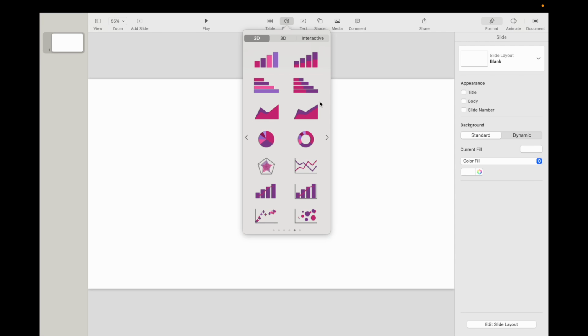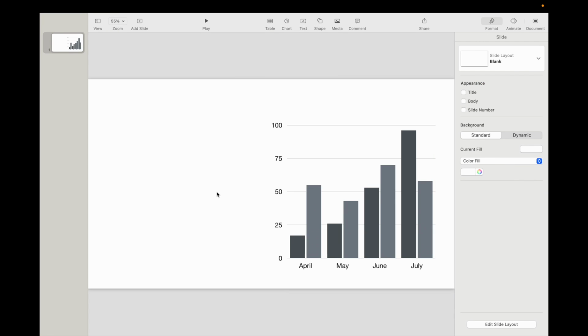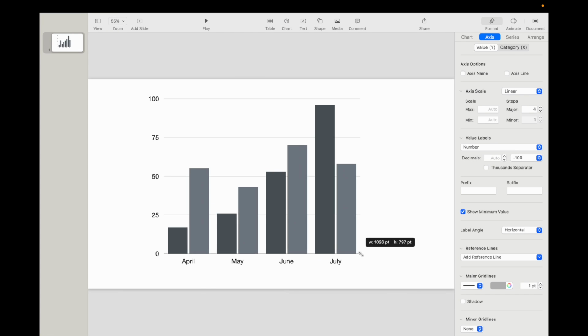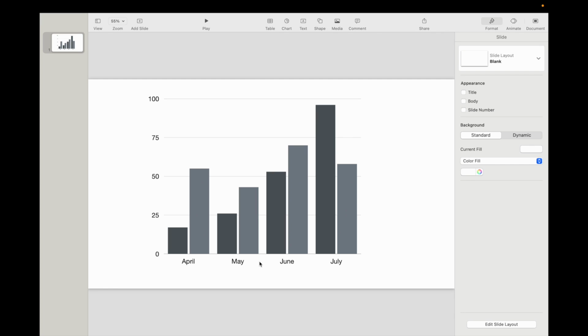Go ahead and select whatever chart that you're looking for. So if you wanted this chart right here, I'll just press this black and white one right here. Very basic. Now if you want to change the name, or I guess edit the name or add a name